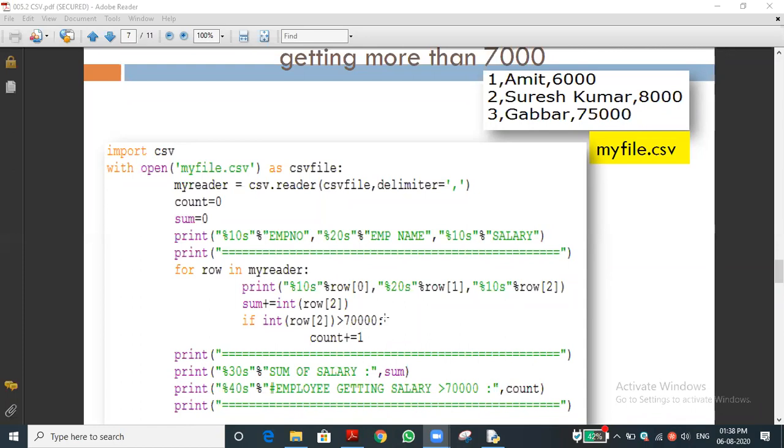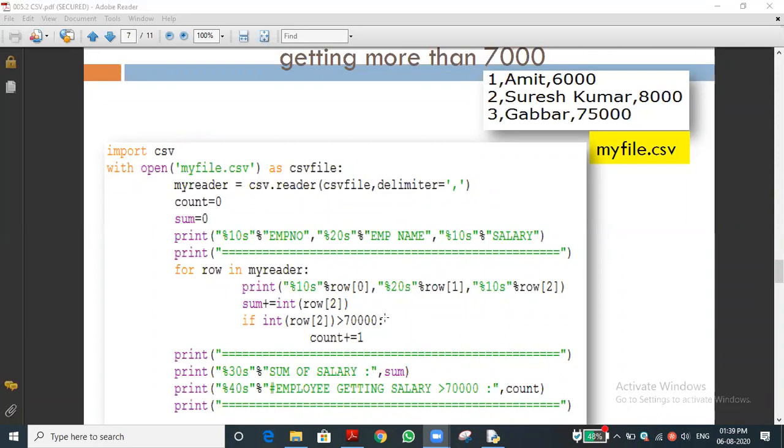Sir, we are incrementing the salary. Is it incrementing the salary? Sum was 0 previously. Sir, we are checking line by line all the salaries, and we are comparing with 70,000. You are a little bit near to the point, but see properly. What is the sum's purpose? Adding all the salaries. Can you get it?